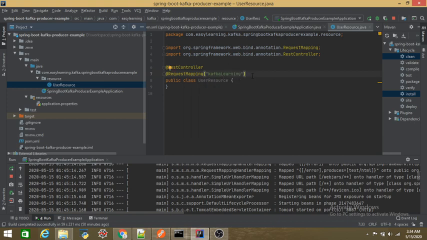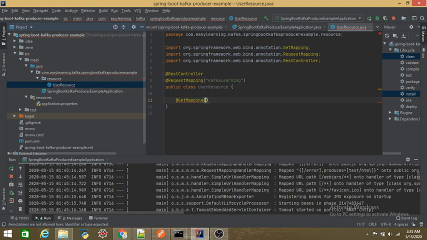In this controller I'll have one get mapping so that I can show you in the browser, with the mapping of /publish/, and let's accept a name from the browser. Make it return some string so that I can see what message it returns after successful execution of the method.